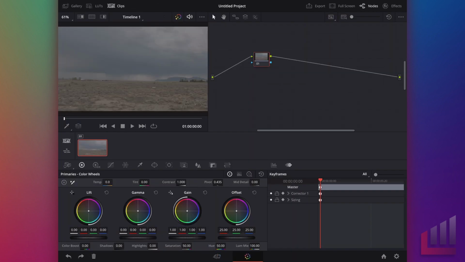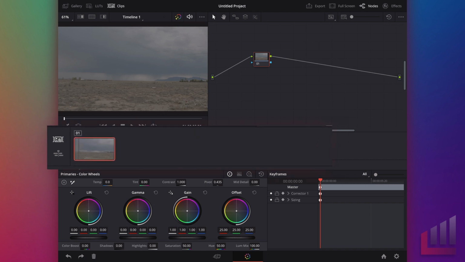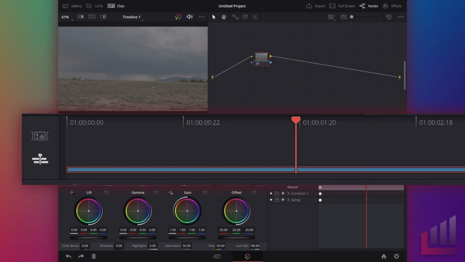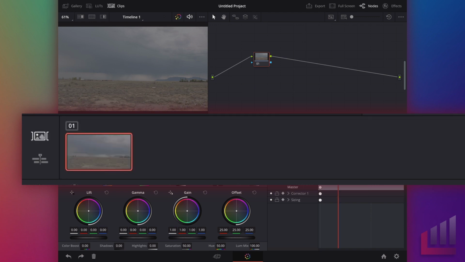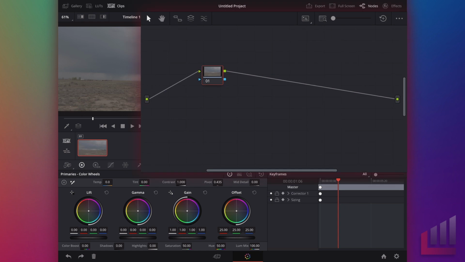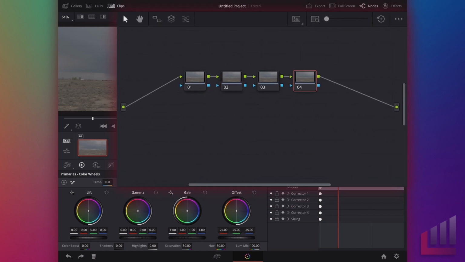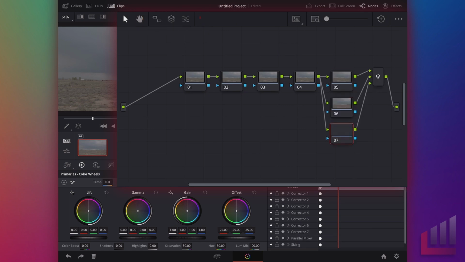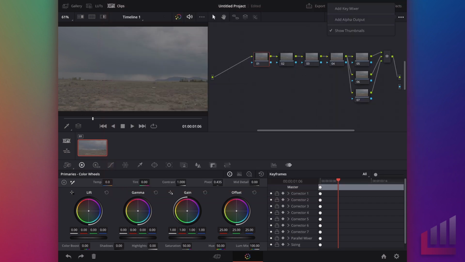Over on the color page, things look really familiar with a couple of minor changes to accommodate the touch interface. For example, your clip timeline down here is now split between clips and timeline to save some vertical real estate. You can just jump between the two with a tap. Also, for operations like adding and managing nodes, again, we don't have the main drop-down menu, so you can either do that with the keyboard, just like you were on the desktop, or you'll notice there are now add serial node buttons, add parallel node buttons, or add layer mixer node buttons. And in the three-dot menu, you can also add an alpha output or add a key mixer node for combining